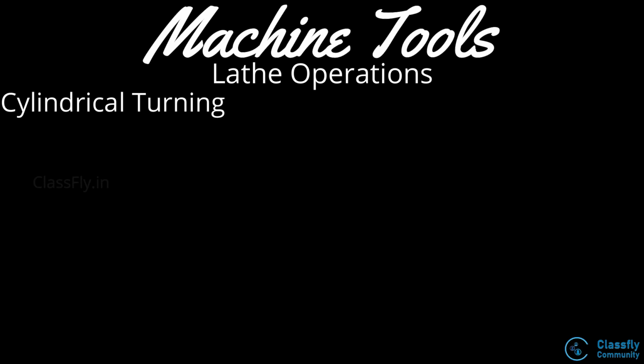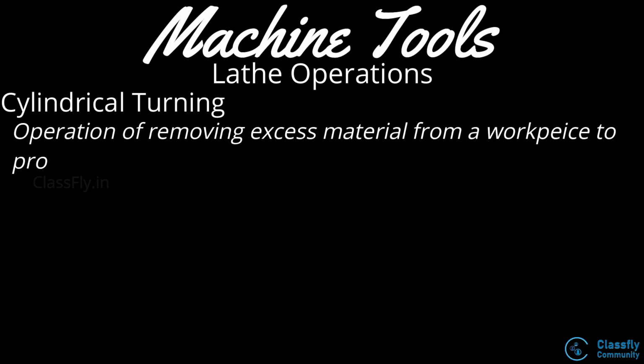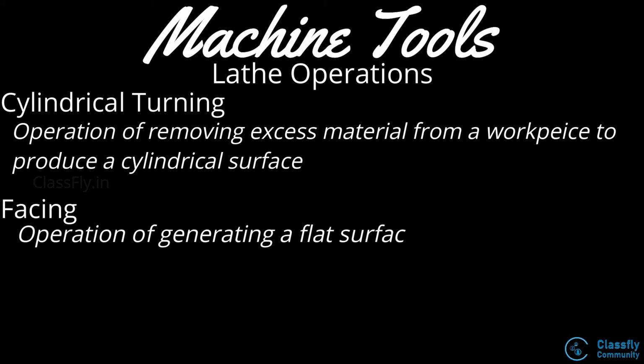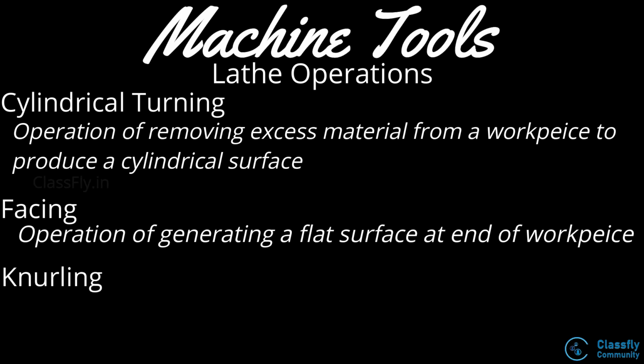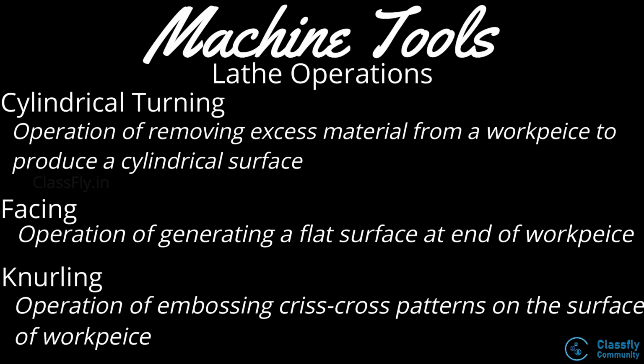Then we studied the different lathe operations, that is the cylindrical turning, which is the process of removing excess material from the workpiece to produce a cylindrical surface, facing, which is the operation for generating a flat surface at the end of the workpiece, knurling, the process which is used to emboss attractive crisscross patterns on the surface of the